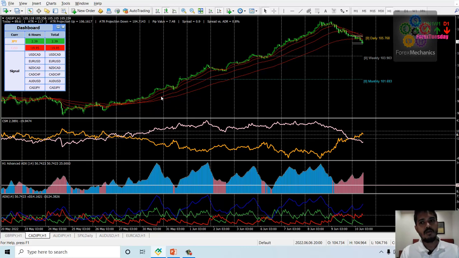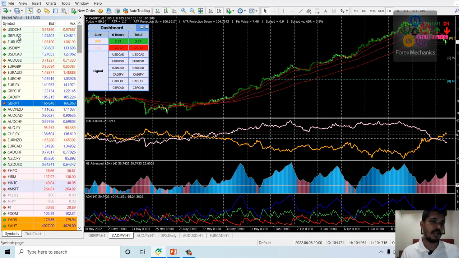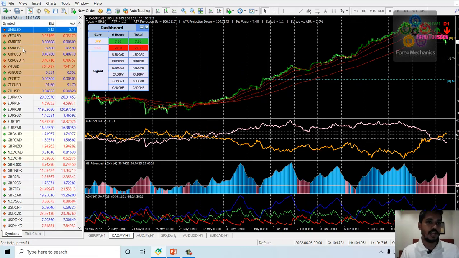Right now, this is one aspect of looking at this. When I talk about the entire strategy that we have at Forex Mechanics for most of our users, that comprises multiple other factors, right? But for me, the first thing is the CSM. The moment I look at any currency pair, even if I simply drag and drop, let's say, my top favorite 10, 12 currency pairs, and I see that, okay, you know what, this is a good currency pair that I should be looking at. So let's say I show you another example,